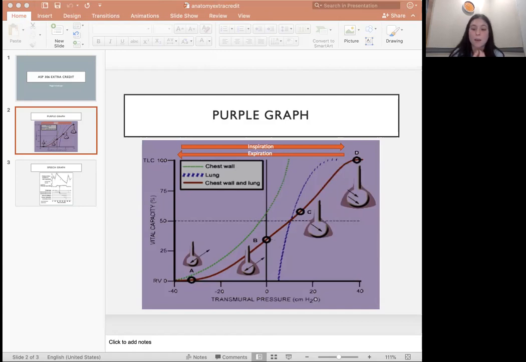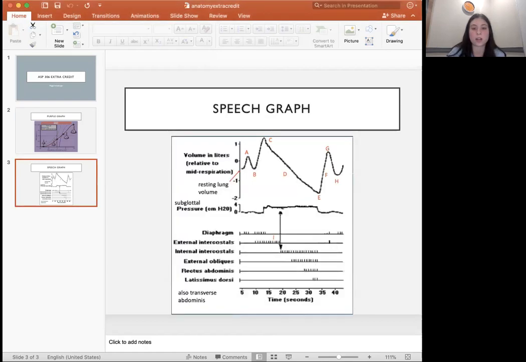Just to make it a full circle, from A to B again, you're using no muscles, the rib cage is relaxing the muscles of expiration, and inhalation is passive. So that is the purple graph. Moving on to the speech graph. An important thing to remember is that conversational speech is 35 to 65% of vital capacity. To begin, we can see that the first breath is a tidal breath because there is less air being inhaled